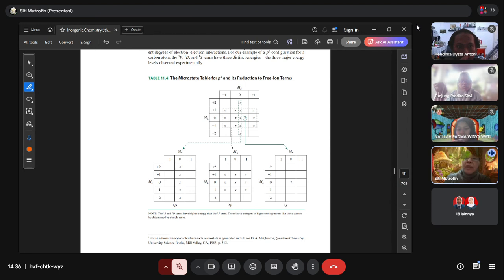But I'm happy you have such a question, Tunjung, so you also let your friend understand. Besides following the book, we have to find out the understanding of why we choose 0 for the D, L equals D, why we choose -1, 0, +1 for the P, and why we choose 0 for the 1S. So we have to check that if we choose D, it means that all the suborbitals of D must contain the microstate.